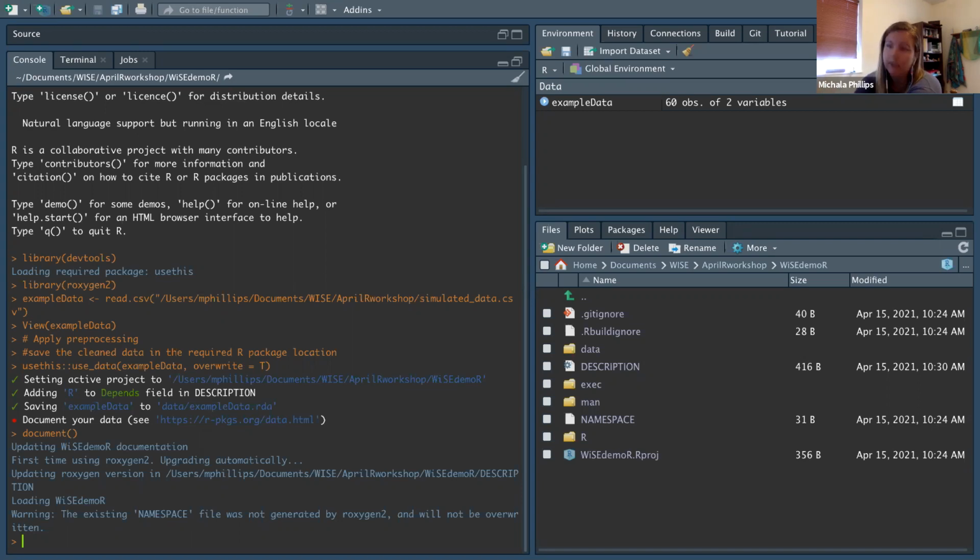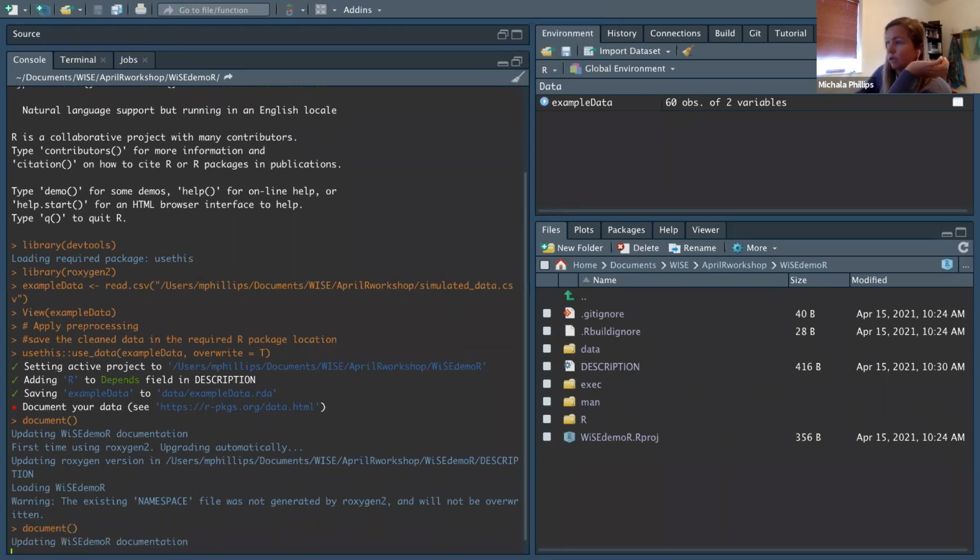It's loading your package, your namespace, which looked kind of weird when I opened it. It says the existing namespace was not generated by Roxygen and it will not... oh yeah, that's something. So delete your namespace that exists here and document again,